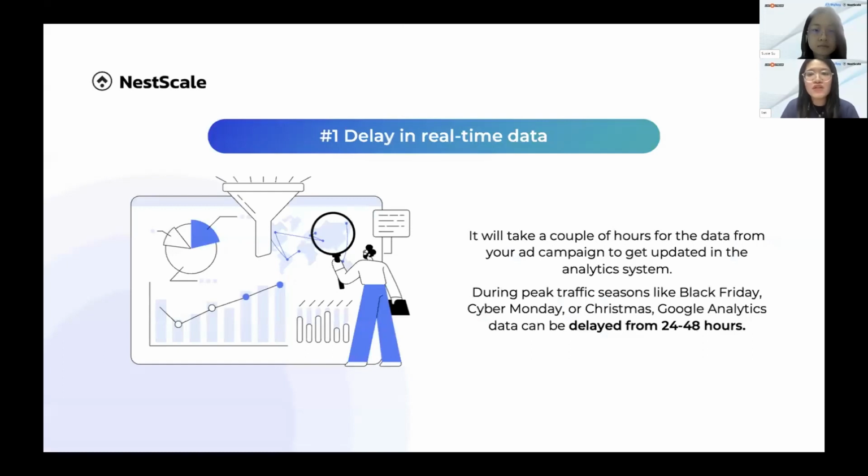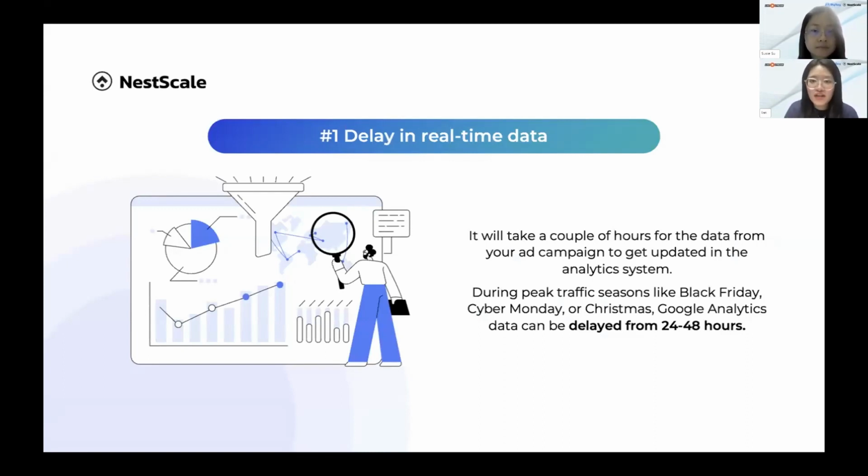As I've briefly mentioned before, though it is convenient, one big drawback of using built-in analytic tools such as Facebook Ad Manager, Instagram Ad Manager, or Google Ad Manager is that there's really no such thing as real-time data. Usually it takes a couple of hours for the data from your ad campaign to get updated to the analytic system, especially during peak traffic seasons like Black Friday, Cyber Monday, and Christmas.